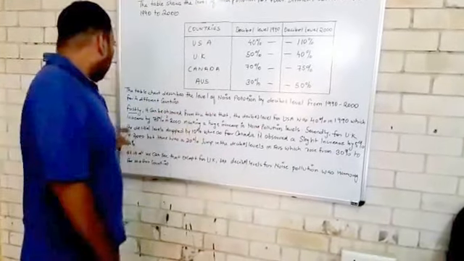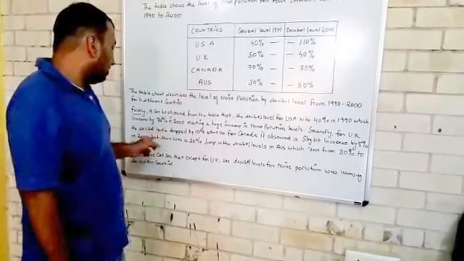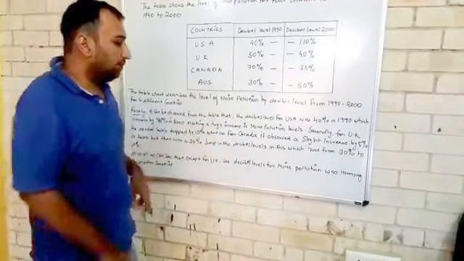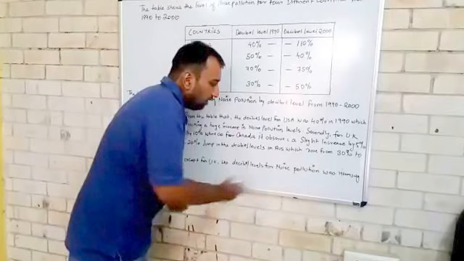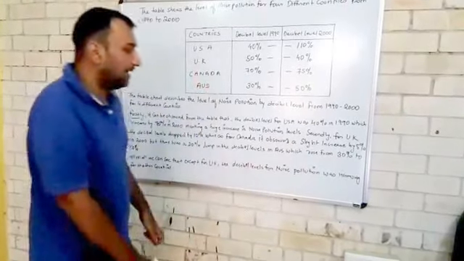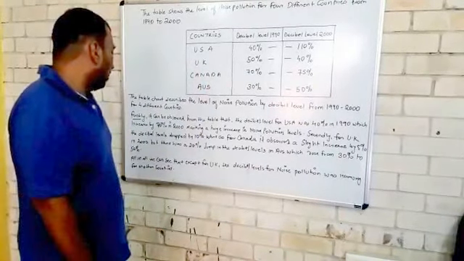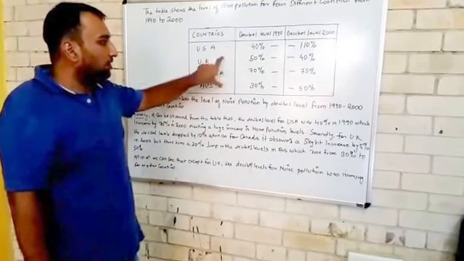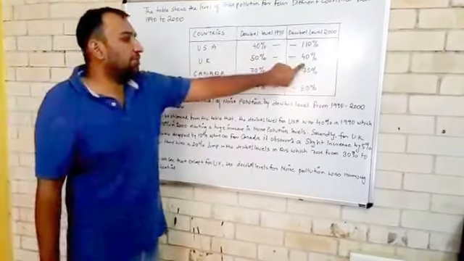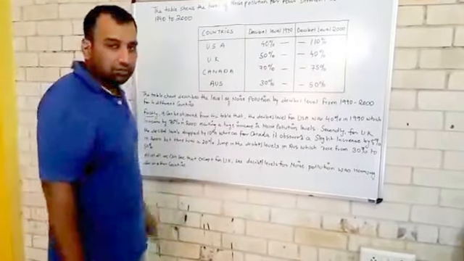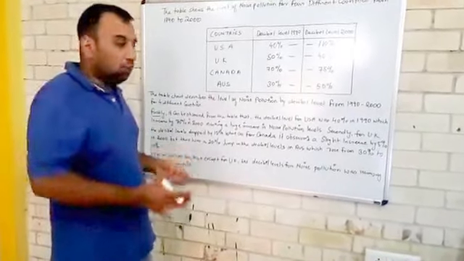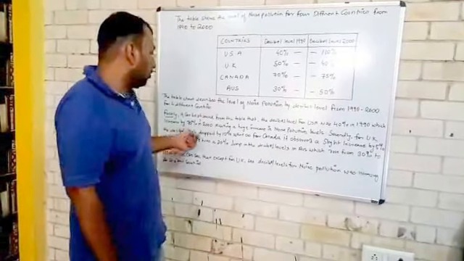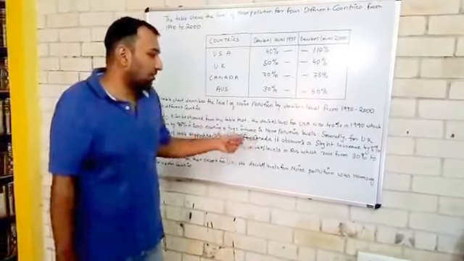Secondly, for UK, the decibel levels have dropped by 10%, whereas for Canada, it observes, I'll write an observes over here, observes a slight increase by 5% in 2000. So what I've done is I've combined these together without putting up a full stop, because if you see the differences for them, there's a 10% reduction over here and 5% increase over here. So those two can be clubbed into a single sentence. So secondly, for UK, the decibel levels dropped by 10%, whereas for Canada it observed a slight increase.